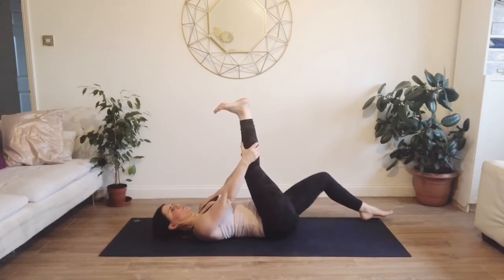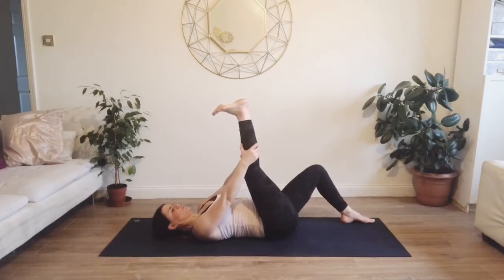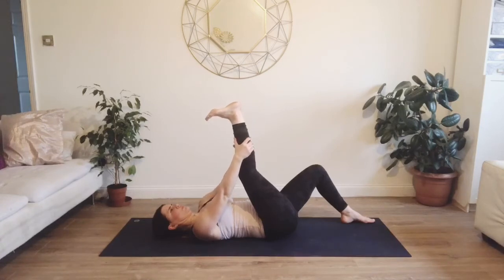If it feels good, you can extend the left leg. If not, keep it bent. And then flex your foot so you feel a lengthening of your hamstrings. So just bit by bit, working on getting the leg as close as you can to the body. Take your time